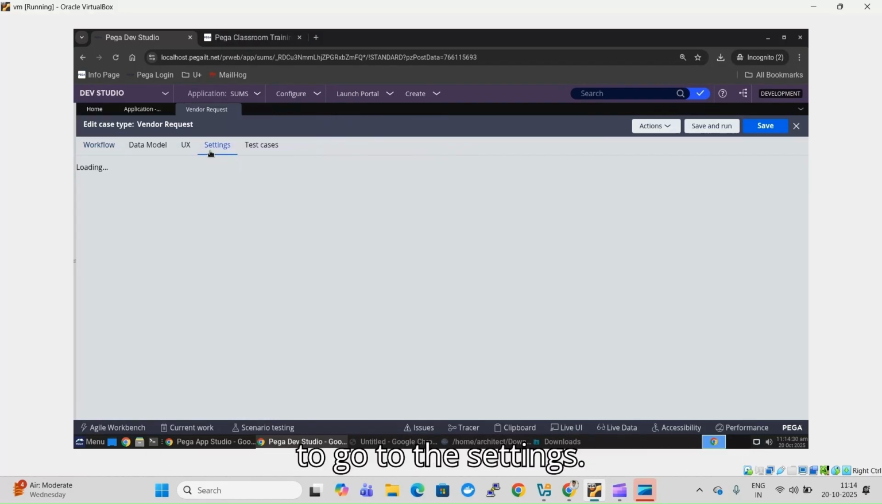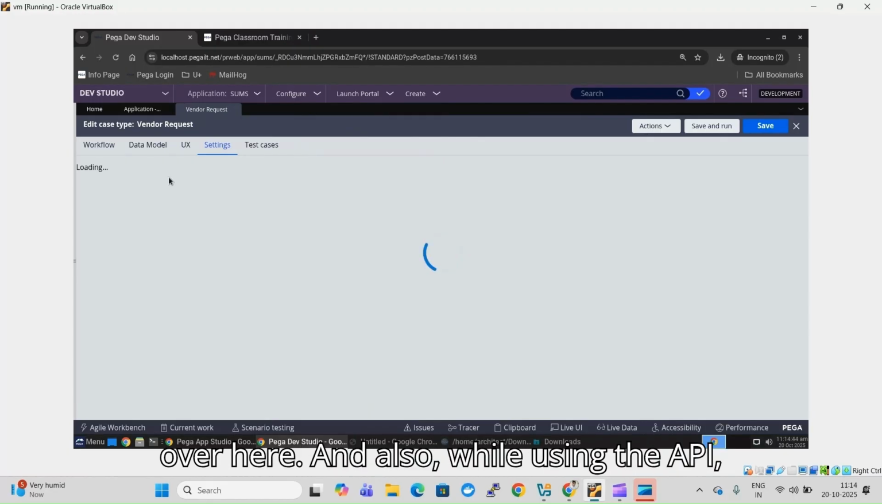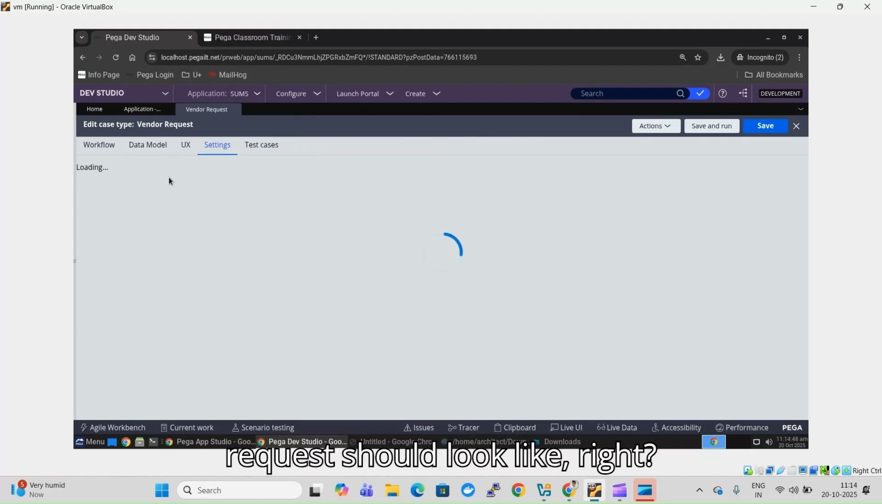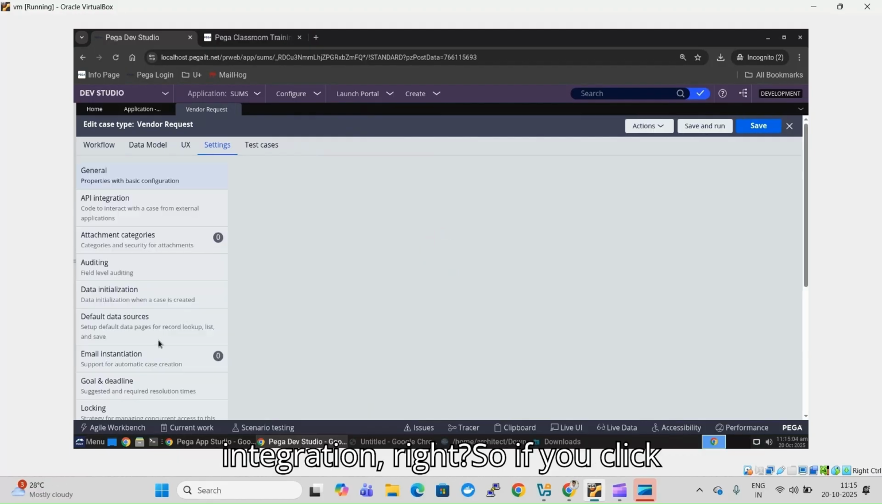So you have to go to the settings. The beauty of this case type settings is we have many options over here. And while using the API, you always have a confusion about how the request should look. So Pega already gives us the request structure in the case type itself. In the settings, you can get that. We'll see it. So here we have API integration. So if you click on the API integration,